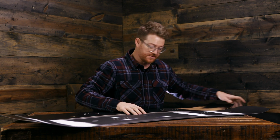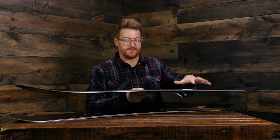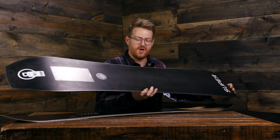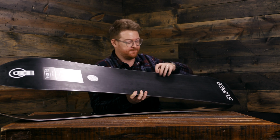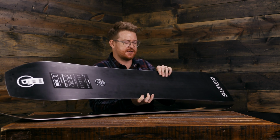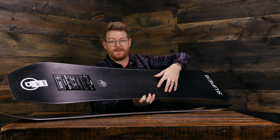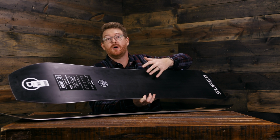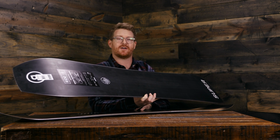Whereas on the Superpig, it's actually both in the tail and on the nose. So it's going to be a little bit more stiff in this front end area. And of course, both feature sintered style bases that have great and deep structure to them. But the differences in the center base material is just a little bit different. On the Superpig, it's actually a race base. It's actually like a World Cup style base. It will ride extremely fast, but you need to keep your eye on it and keep it waxed up throughout